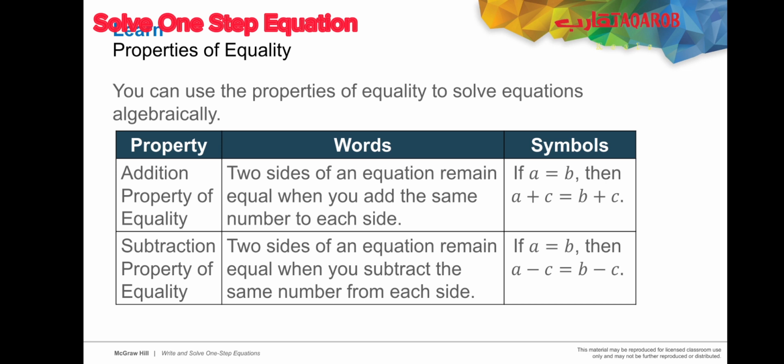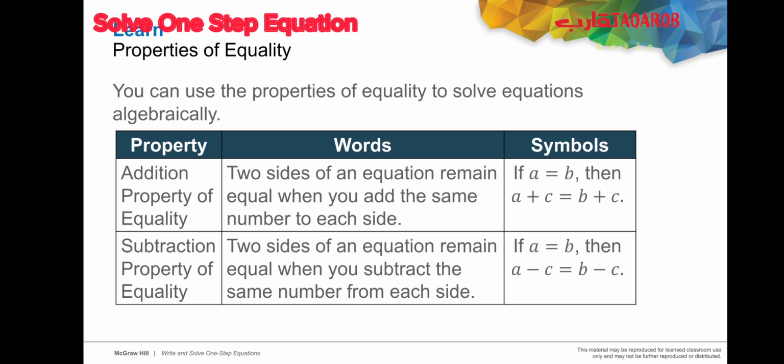Now, if you remember, we talked about four properties in solving equations. The first one is the addition property of equality. I will depend on this property in solving subtraction equations. And we said that if two sides of an equation are equal, then adding any value to both sides will not change the equality; the equation is still in balance and has two